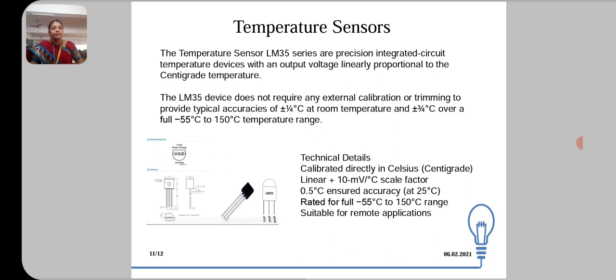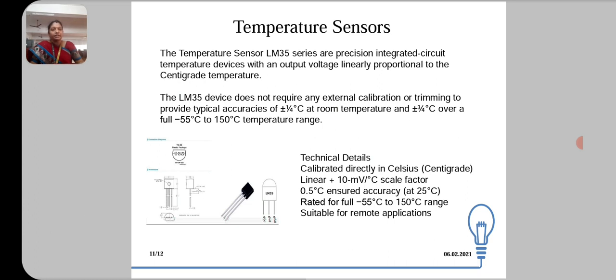The number of temperature sensor is LM35 and it is an analog temperature sensor and a precision integrated circuit temperature device with an output voltage. It is linearly proportional to the centigrade temperature. It does not require any external calibration or trimming to provide typical accuracies. So it measures the temperature of the environment and produces an output voltage proportional to